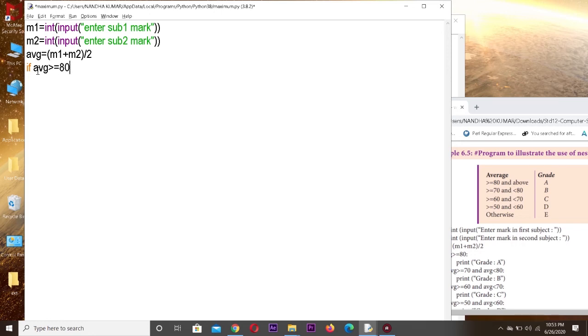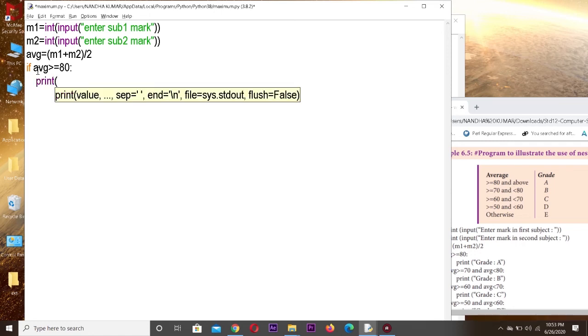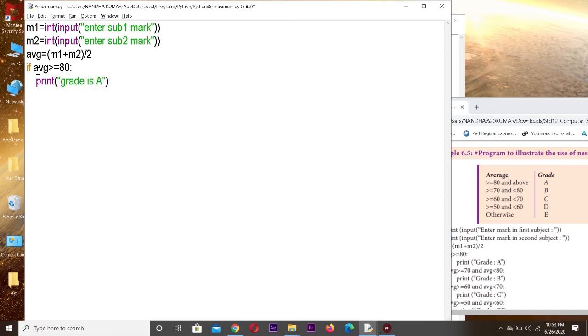If it is greater than or equal to 80, colon. Next we want to print grade. Grade is A. Okay, close the parenthesis.